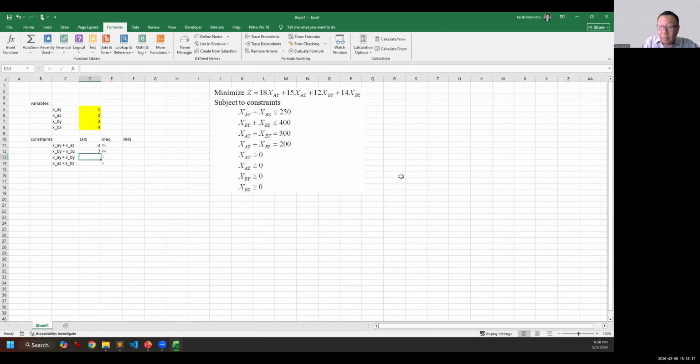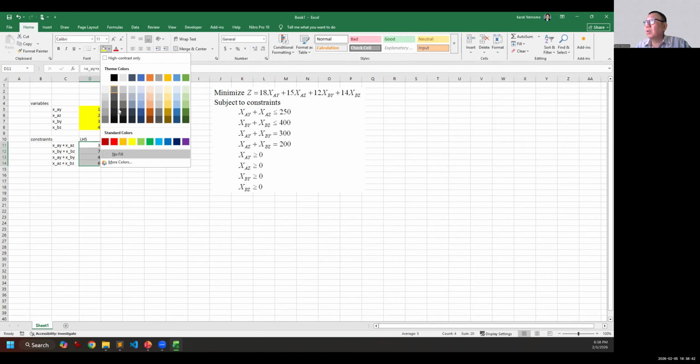And then this one is x_ay plus x_by. Is that correct? And then the last one is x_az plus x_bz. Okay, so you're supposed to get exactly the same value if you use the same value as mine.